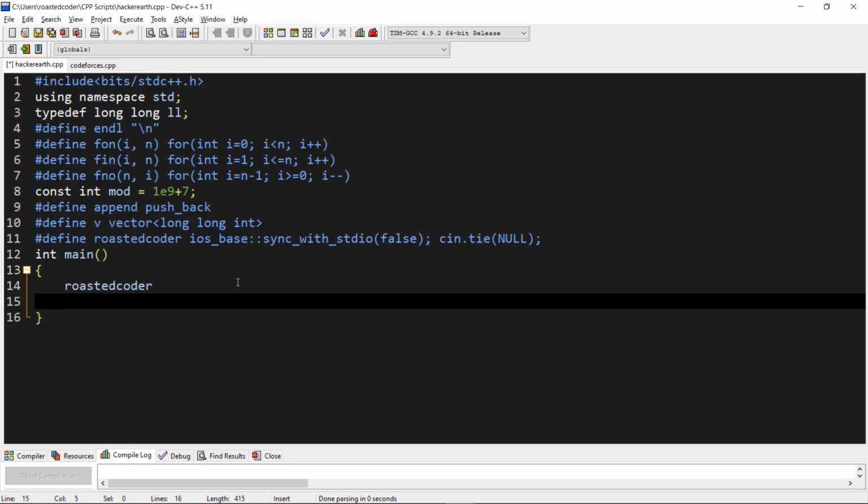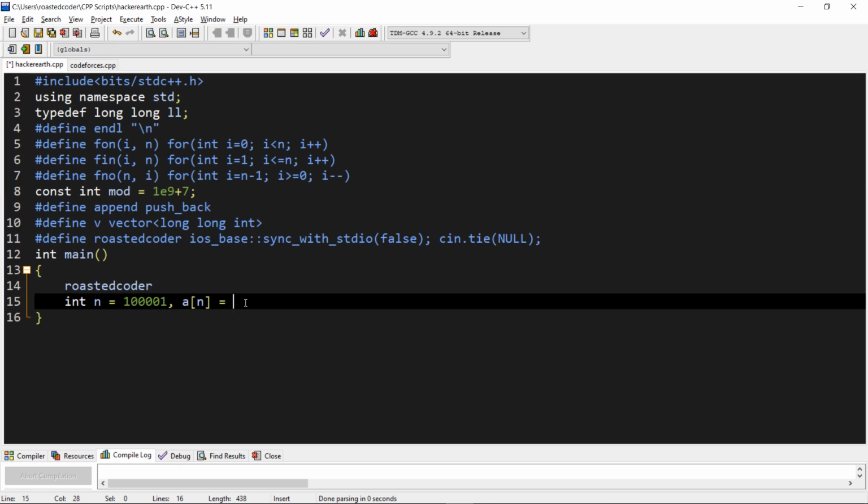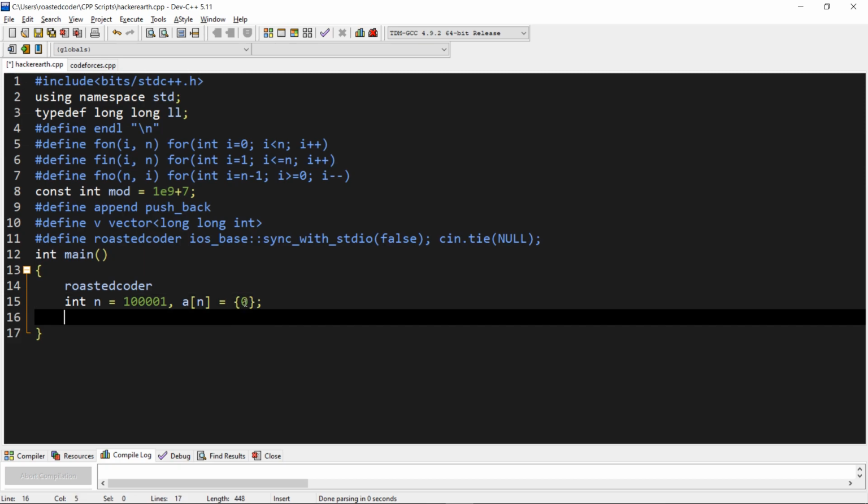So now let's take n greater than 10 to the power 5. Now let's take an array A of size n. Every element in this array is 0 initially, and now iterate over the array from 1 to n.